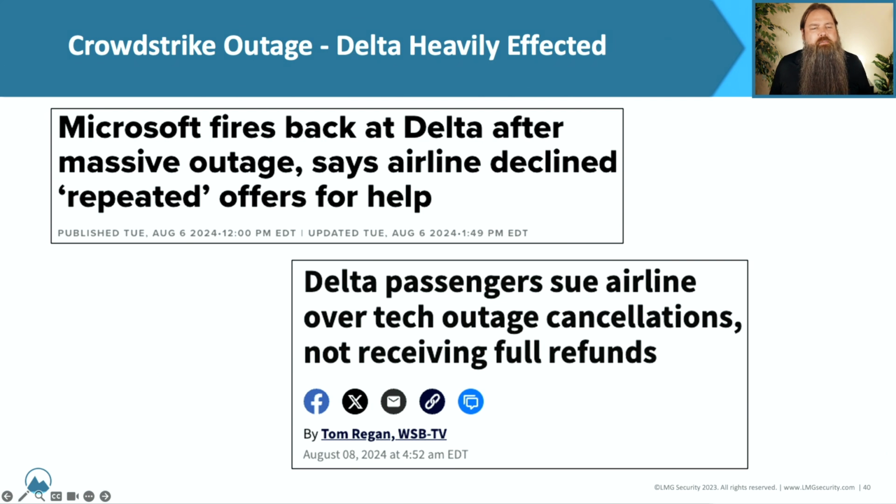Microsoft claims that they were offered help by CrowdStrike and by Microsoft, but they declined it because, well, they had their own reasons for doing that. But because of that, there is a little bit of confusion about why you wouldn't allow the security vendor, who, I mean, likely has a deep level of knowledge about what just happened, to come in and assist you. Why you want to strike out on your own like that. Personally, I can see arguments both ways, but well, again, we'll see how this goes.